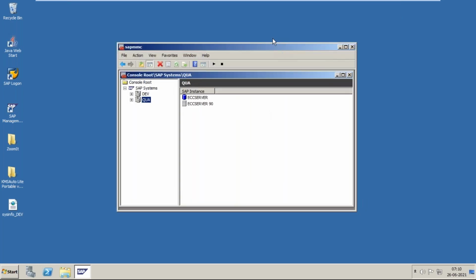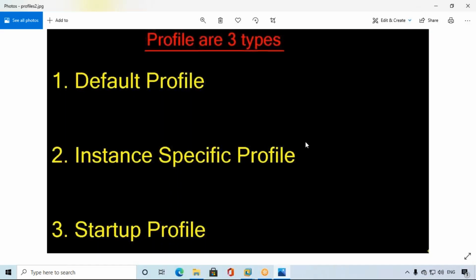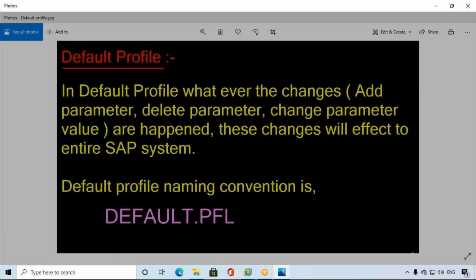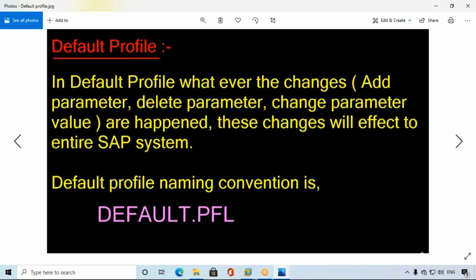So what is the default profile? Any changes that happen in the default profile will affect the entire SAP system, not only one instance.